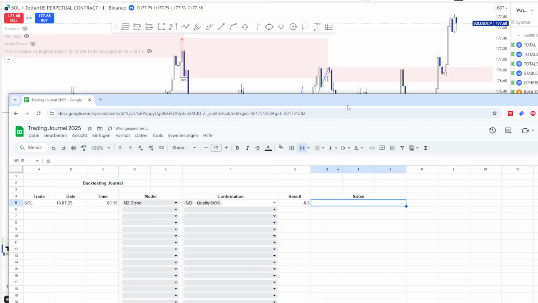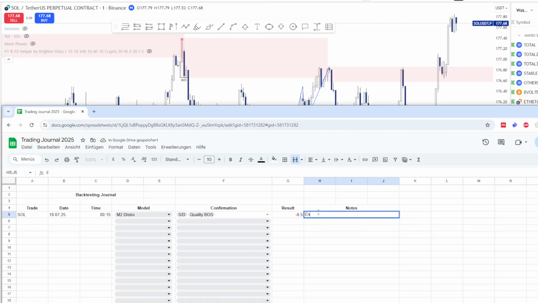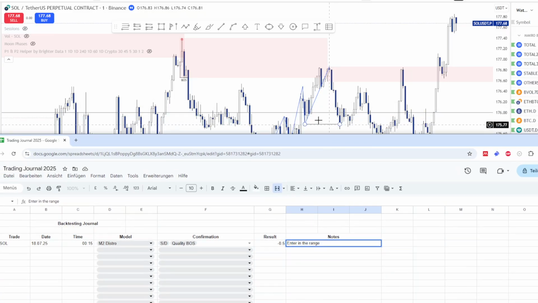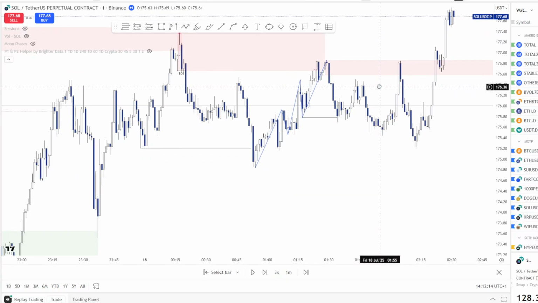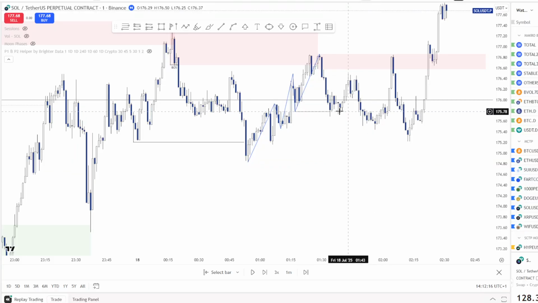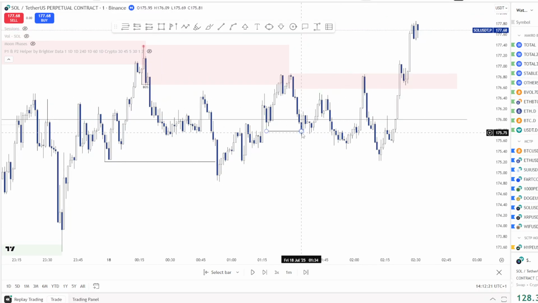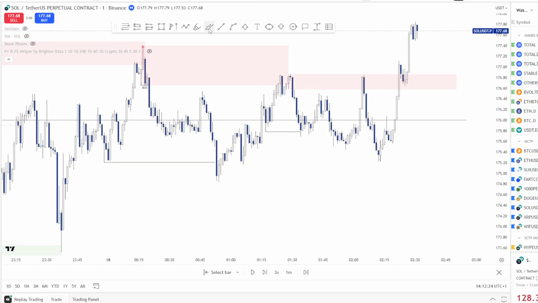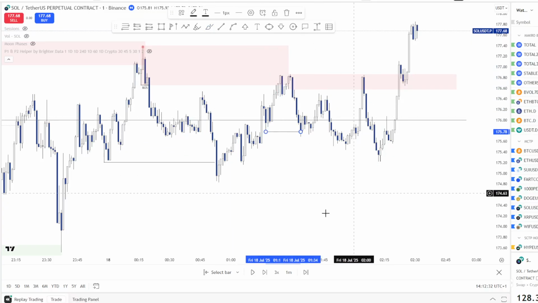So what we can say, it would be safer to enter in the range and take the higher time frame or the 2-minute break instead of the 1. It would be safer. And as we were only SFPing the low, it would be better just to get an actual nice break. Like here we got up and got a nice break with supply creation. So yeah,